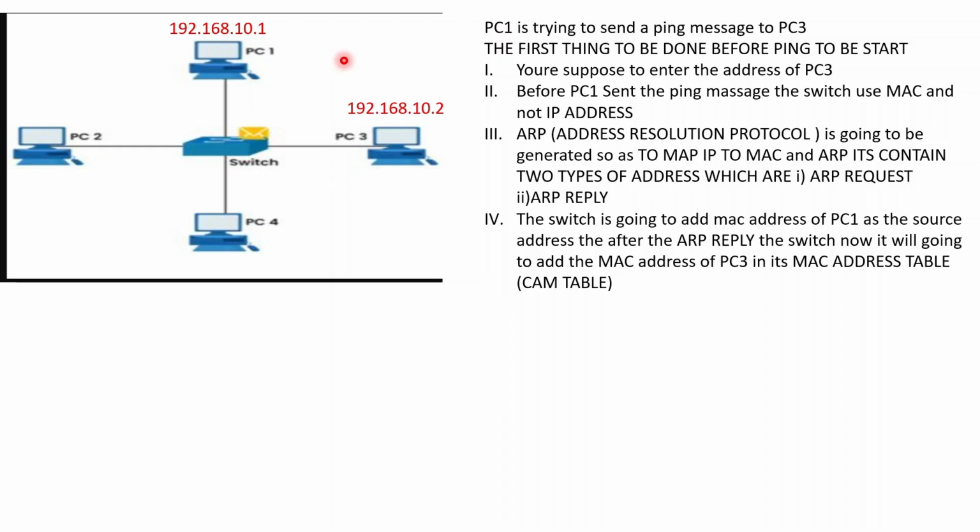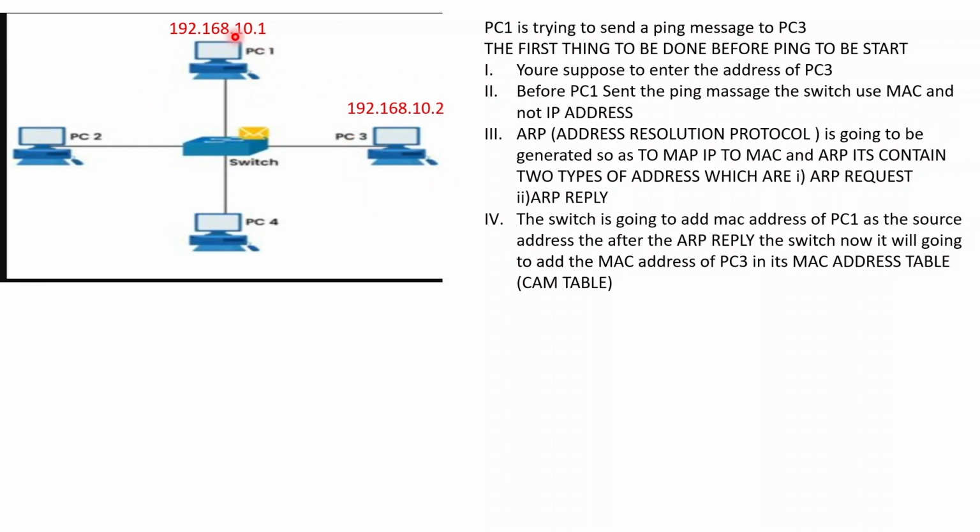Once you see 0x0800, it represents that the payload contains IP version 4. Please, if you don't remember this or don't know about this, make sure you preview my previous video of the Ethernet header, where I have explained it in depth. Now, since this PC doesn't know the MAC address of PC number 3, because it checked its ARP cache and it doesn't have the MAC address of PC number 3,